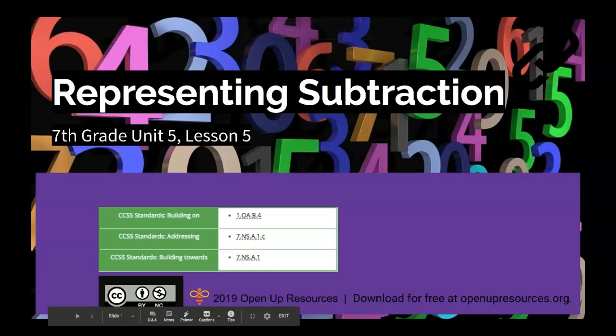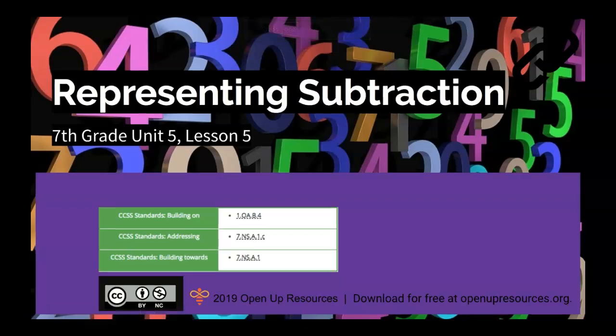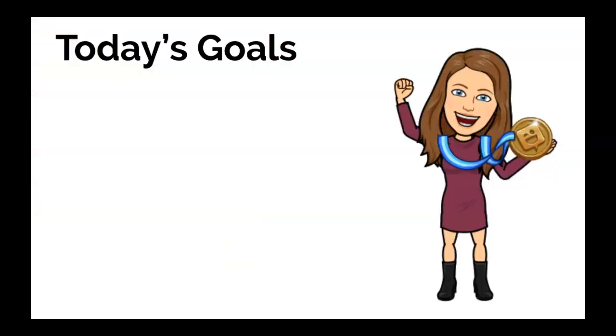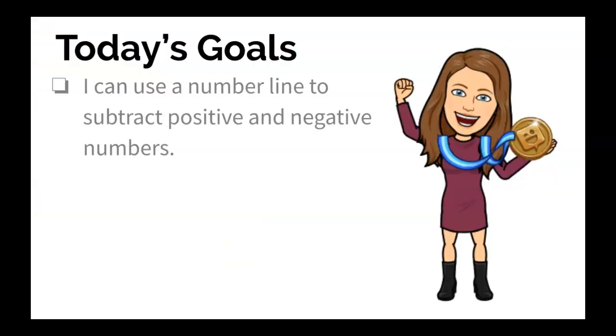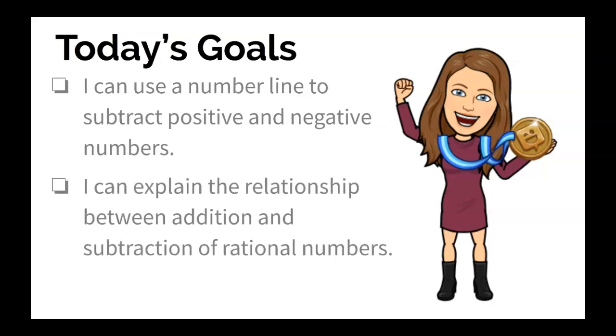In this video, I'm going to summarize 7th grade Unit 5, Lesson 5, representing subtraction. So today's goals: first, we want to be able to use a number line to subtract positive and negative numbers. And also, it's really helpful to know and be able to explain the relationship between addition and subtraction of rational